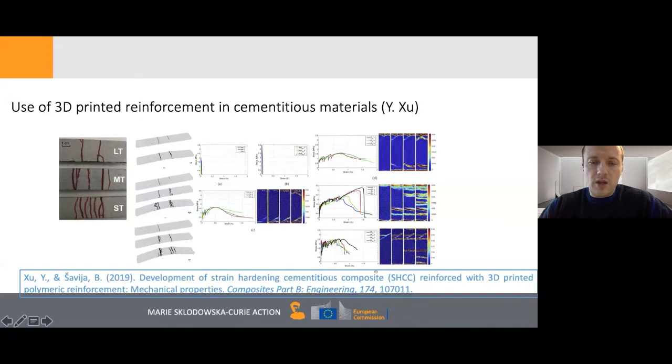So if we have large triangles, our mesh is pretty much pulled out after the first or second crack occurs. So no multiple cracking. If we have small triangles, you have multiple cracking. So first we have 1 crack, 2 cracks, and we have a lot of cracks as the strain increases, and a very nice strain hardening behavior. And only in the end we have a pull out of the reinforcement. So this is quite promising for this type of application. So we are still in lab stage, but hopefully we will get some nice results and go to a larger